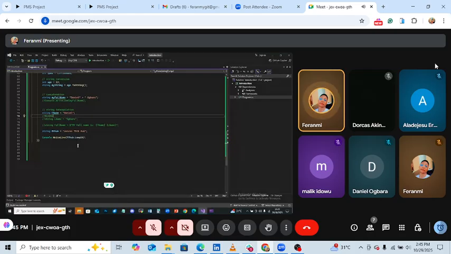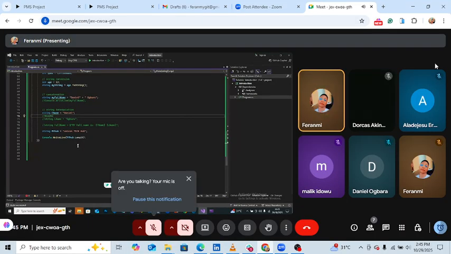Now let me show you where this is very important. Let's say that you want to authenticate a user. If the password is not up to maybe 6 characters, you don't want to save it. You don't want them to be able to save it until they have entered 6 characters. Are you following? If they do not enter 6 characters, it should not go. That's the security measure we are imposing on that